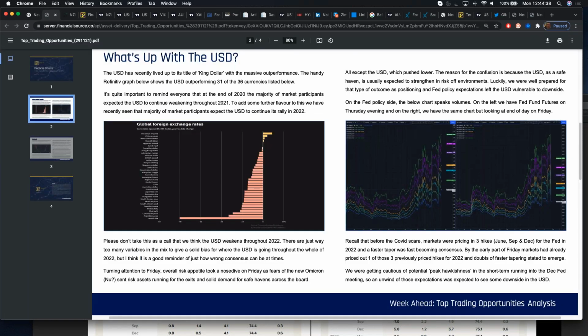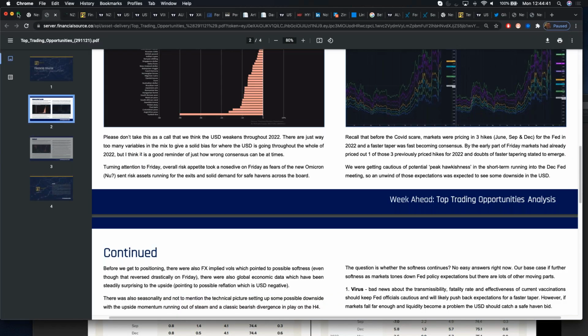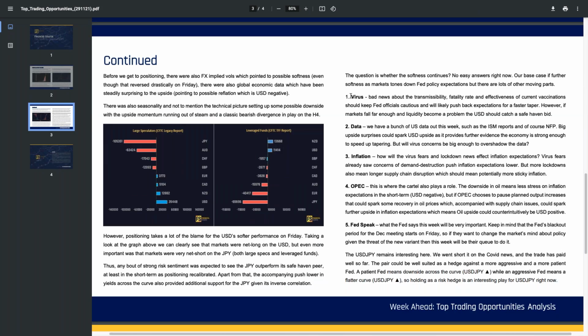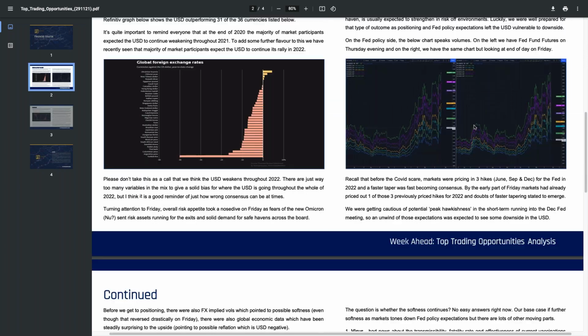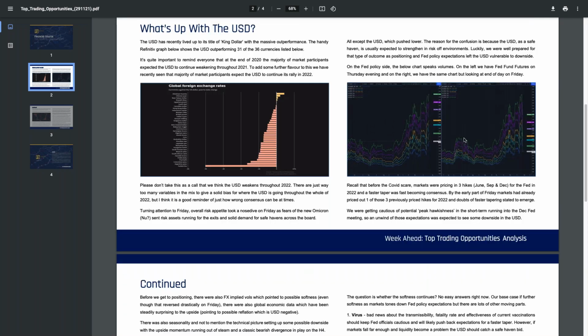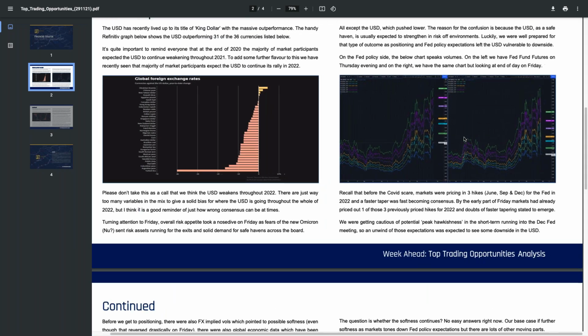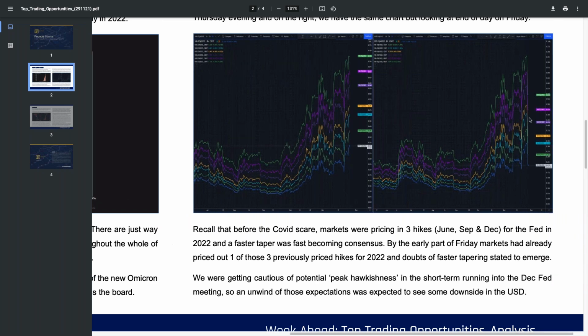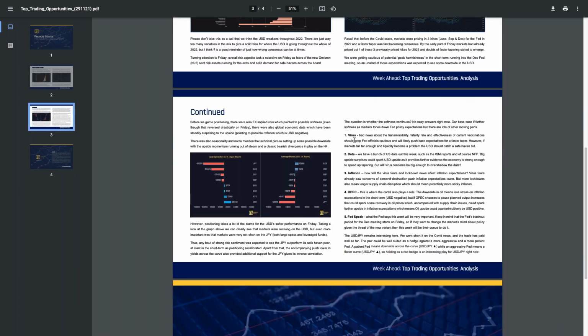Now, one of the key things you look for is the US dollar. The US dollar is going to be tricky this week because we have all these variables. If you take a look here on the left-hand side, this is the Fed Fund futures, okay? And you can see the Fed Fund futures were pricing in 3 rate hikes for June, September, and December before the Omicron variant broke. When that broke, they're now only pricing in 2 interest rate hikes. So the dollar this week is going to be pushed and pulled around by what's happening with the virus.